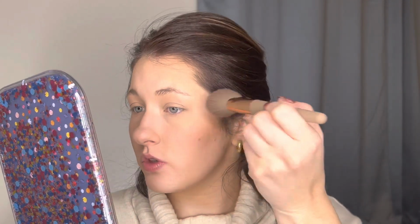And then I'm going to go in with my Milani blush really quickly. This is a matte blush, so I like to set that down before I go in with any more baked blush formulas or anything like that. So I'm just going to...